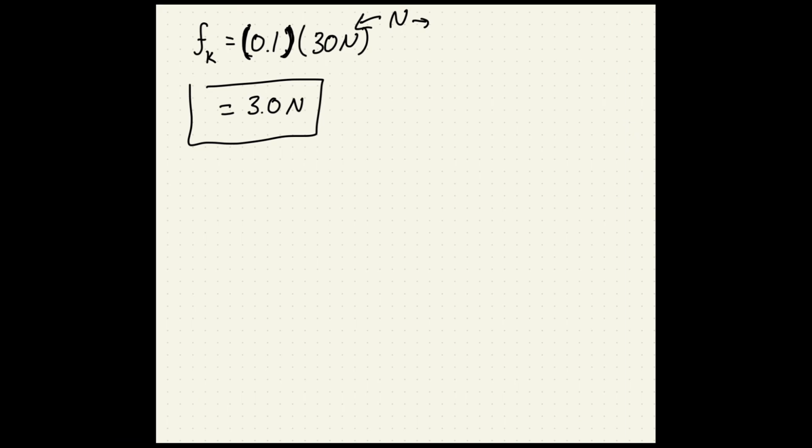If mu has any units other than nothing, or newtons per newton, which is nothing, 1, I guess, then it will cause different units, and we will not have a friction force. Maybe if we had 0.1 meters times this force, we'd have a friction energy, but that wouldn't be a force. It has to be unitless and positive. So mu sub k and mu sub s, these mu values are coefficients of friction. They are positive,